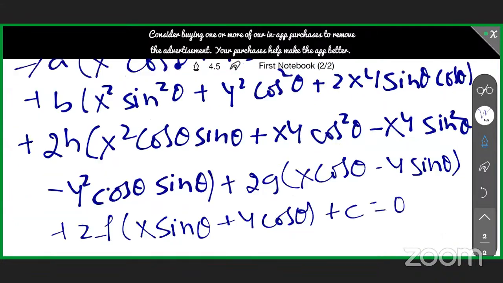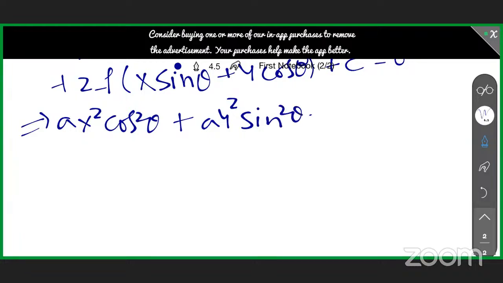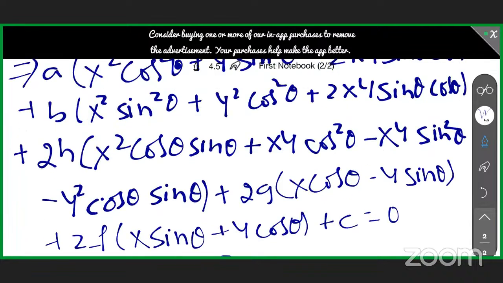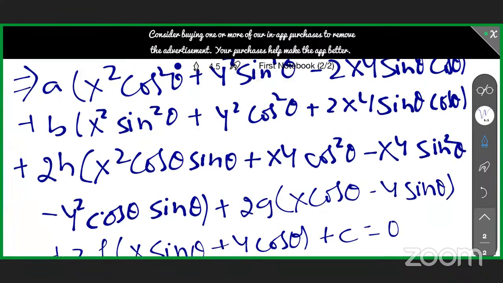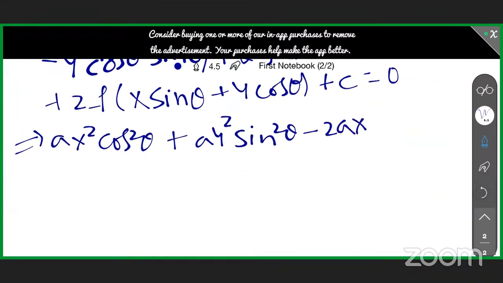This becomes ax square cos square theta plus ay square sin square theta, minus 2axy sin theta cos theta